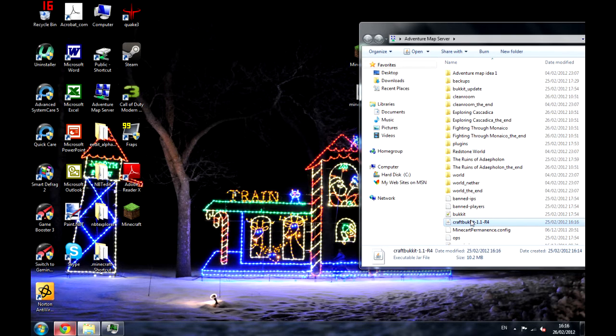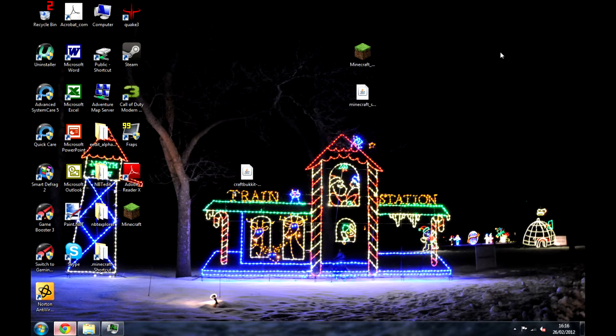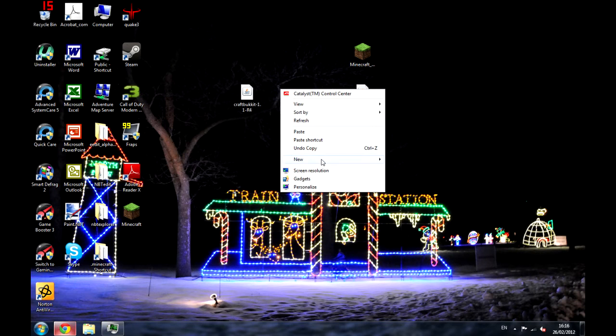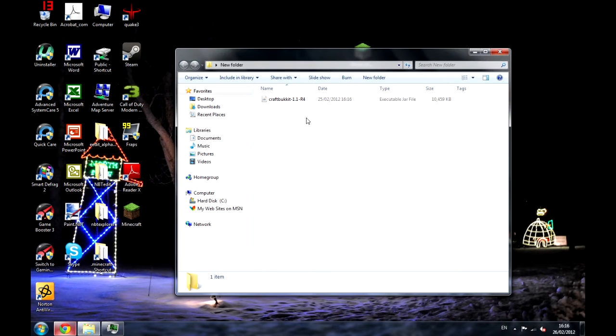Let's copy that. Okay, so let's just make a new folder. Unlike its counterpart, which it's based off of, like the Minecraft server, you can't just double click it and run it. I mean, it works that way as well, but you don't have the console. So go ahead and